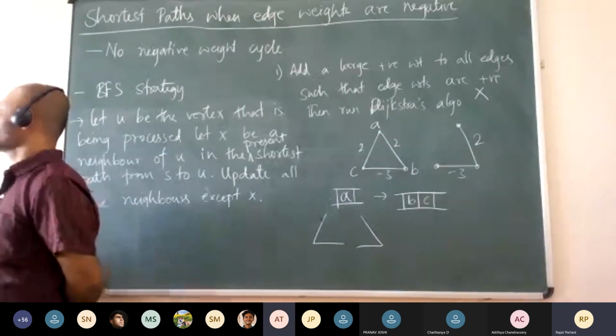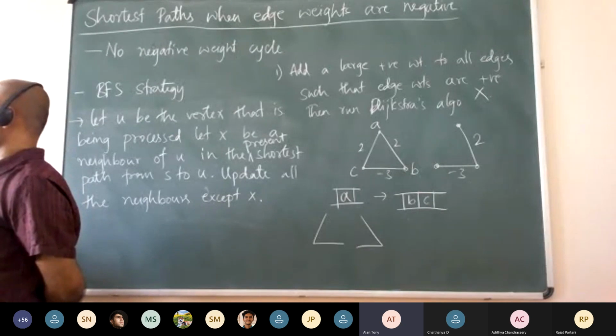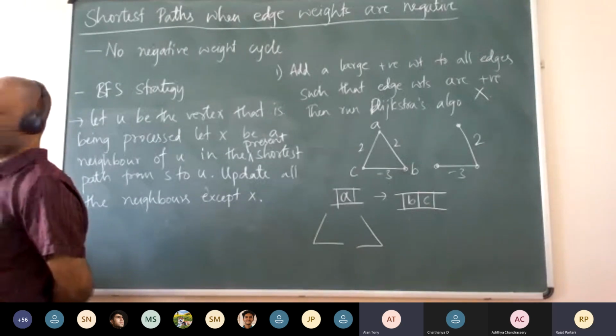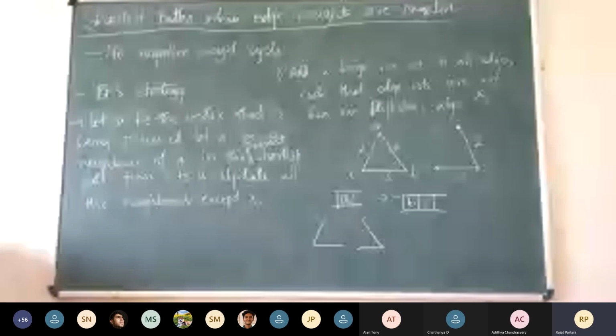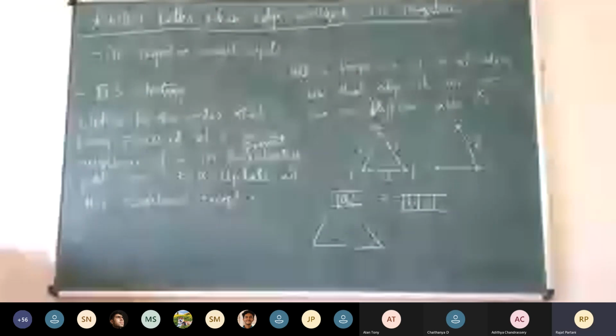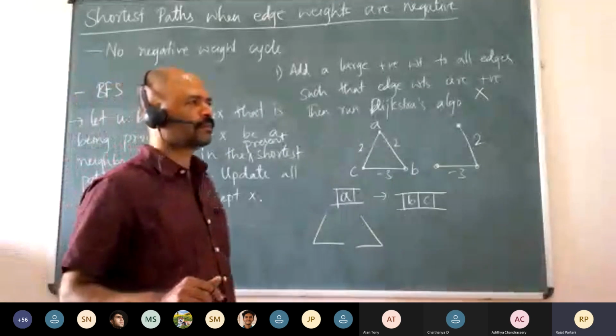But is it like trying different permutations, or is there a way to find all these paths? When we start from B, we first see that there is a path of weight 2 that reaches A, then we see -3 and +2, so it will become -1 for B. Are you trying out all permutations? Yeah, from B to A, I'm searching for all the paths. They can basically be searched together.